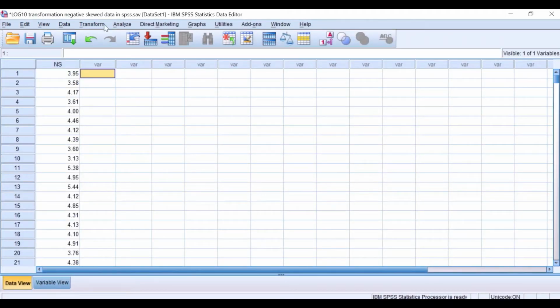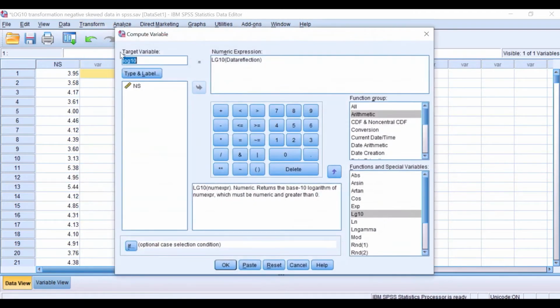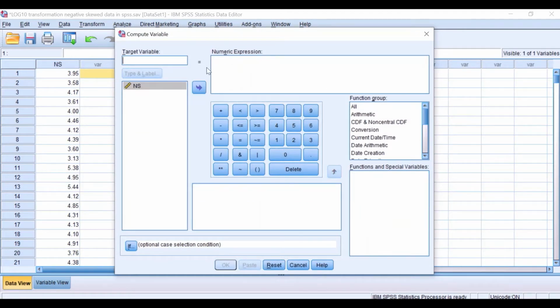So the way to do data reflection is to click on Transform, Compute Variable, reset this. And here I'm going to label the target variable to generate a new variable. We'll call it data reflection. To do data reflection, we use the maximum value, which is 6.12. We're going to add number 1 to it, and subtract the value for each score in the NS column or variable. So this formula says that the maximum value is 6.12, we add 1 to it and then subtract each score in the data. If we click on OK,